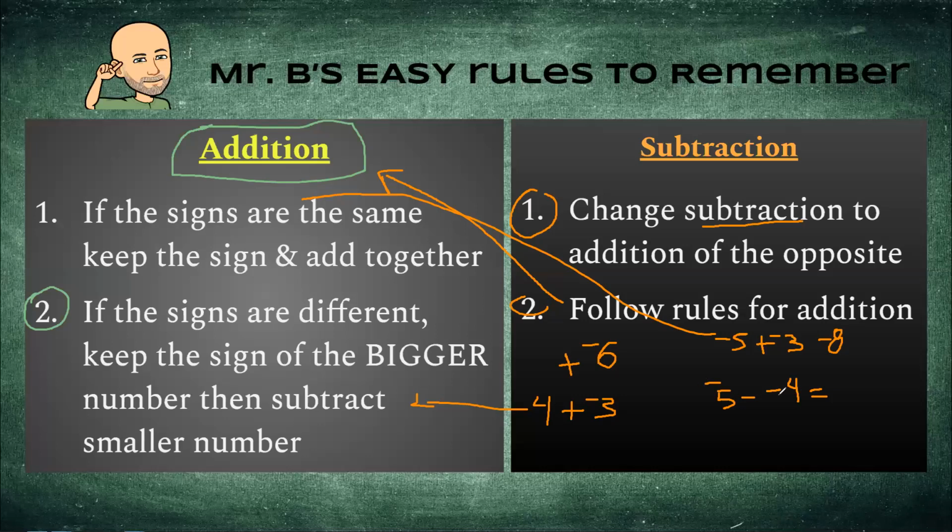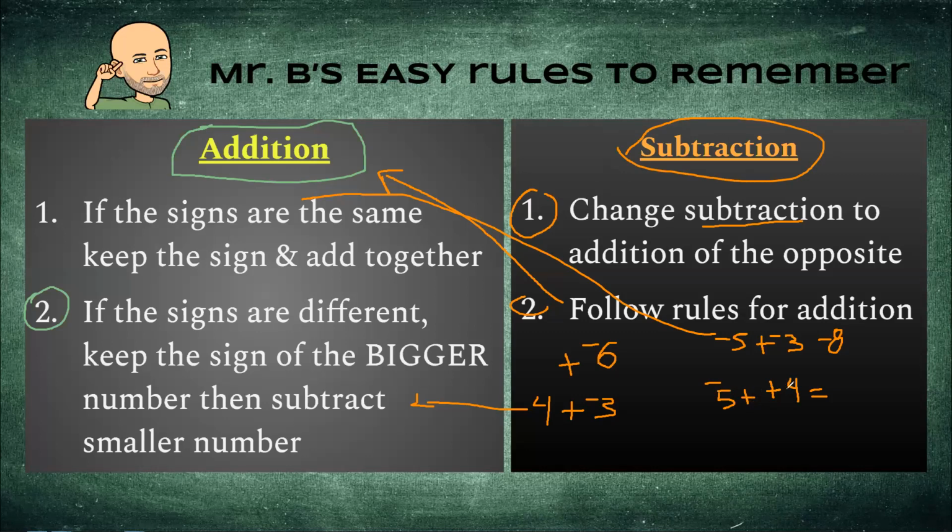The signs are the same, but we have subtraction. It's subtraction, so we need to follow the rules for subtraction. In subtraction, change the subtraction to addition of the opposite. That's why I don't say addition of the negative. I'm saying addition of the opposite sign. So